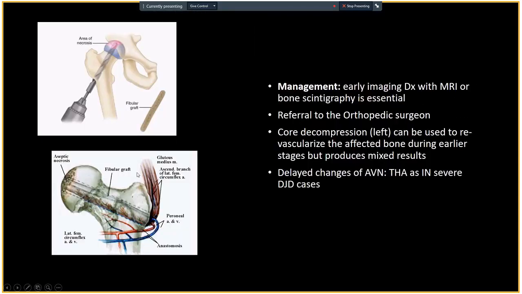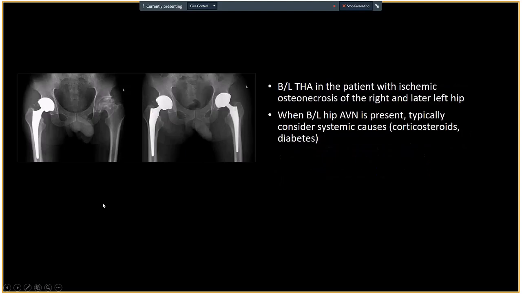Earlier, if you caught that, there is a technique known as core decompression, where we literally drill that bone to make it bleed as much as you can, and then insert some graft, usually from the fibula, basically hoping that it will grow in and revascularize that bone. But again, it has mixed results in terms of treatment. Some of those cases will end up with complete joint replacement, or total hip arthroplasty, as you can see